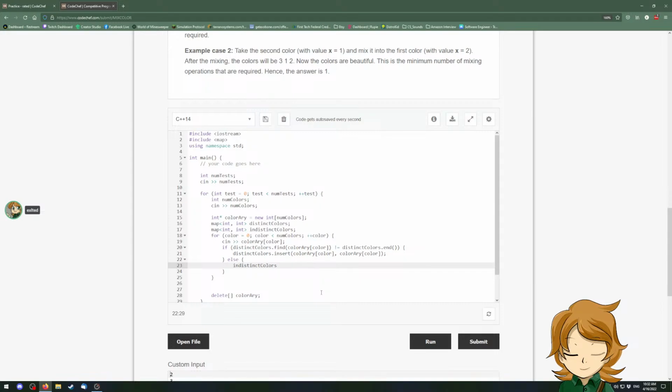How do I do this logic? So what I'm trying to do is this one's going to be an int and actually be meaningful because it's going to map the color to the number of times that it was seen in an indistinct way. So I need to do that if